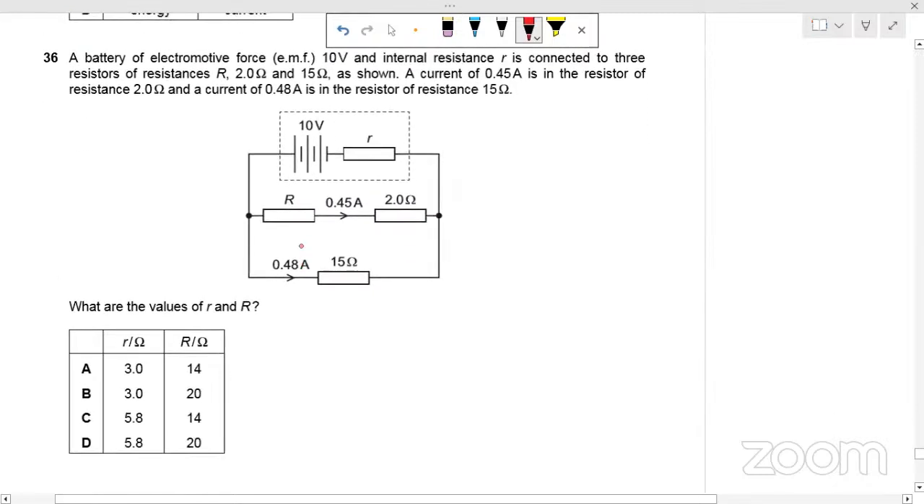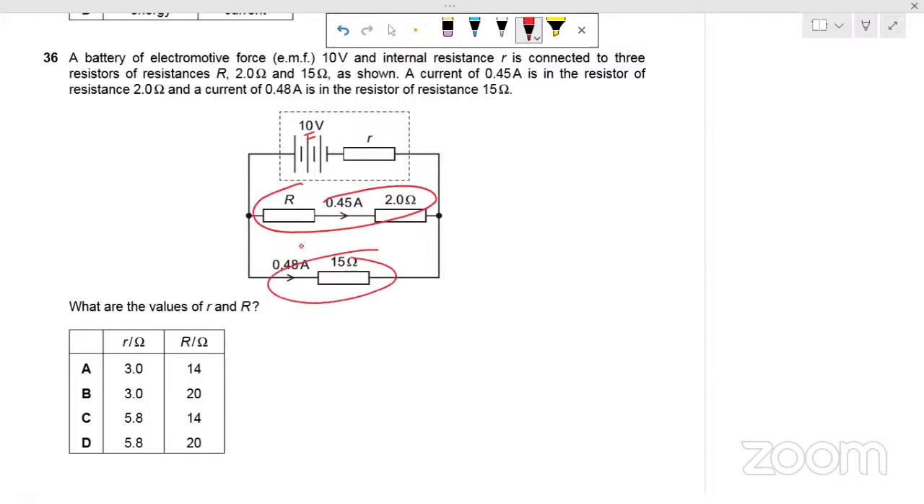You can see the circuit: EMF, internal resistance, current through this resistor, and those resistors are given. We have to find this R and that R. How can we do it? These two resistors are in series and they are in parallel with this resistor. So we can use this loop, the external loop, to find this R. The EMF is 10, 0.48 times 15 plus